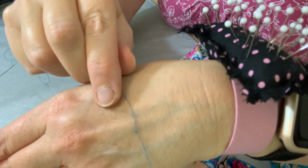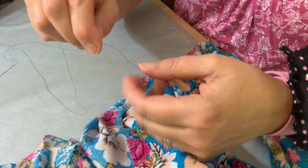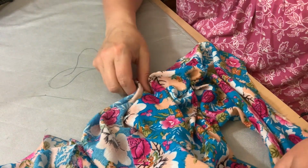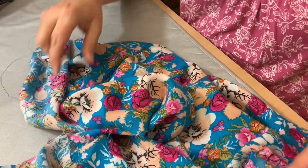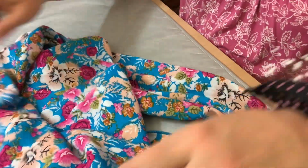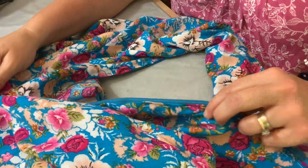Doesn't seem like it's showing up very well. It's a big enough knot, it won't go through the fabric and it'll be secure. At least I think so. And if it goes through the fabric, I'll just make a bigger knot. So getting back to our zipper,